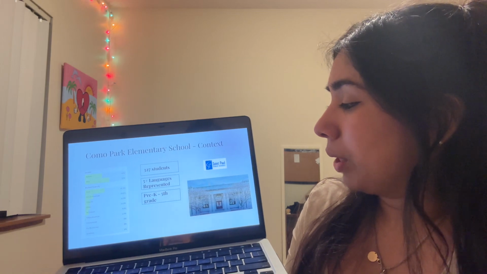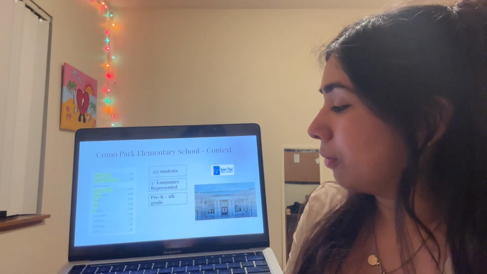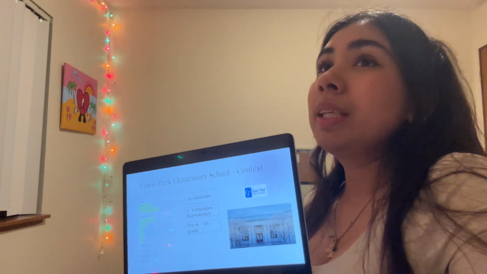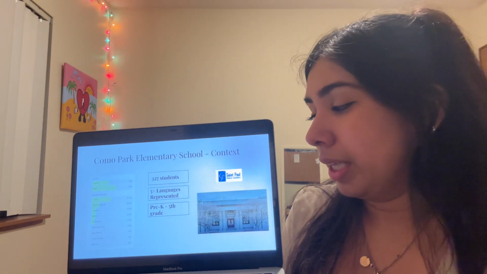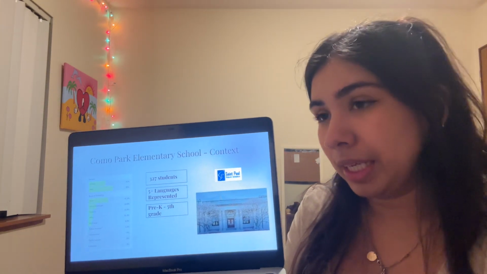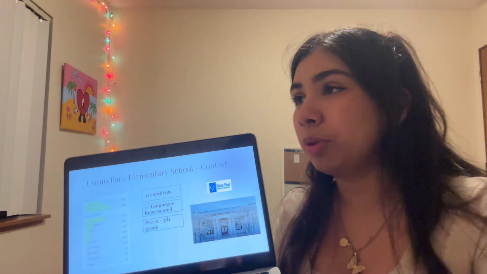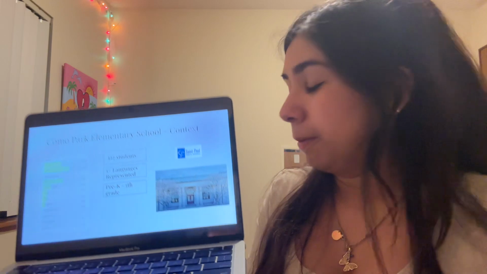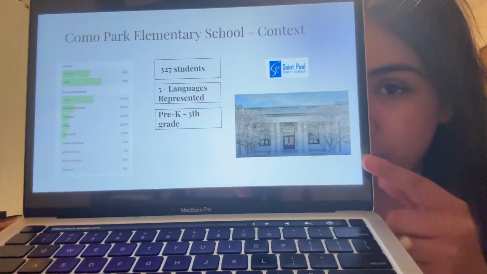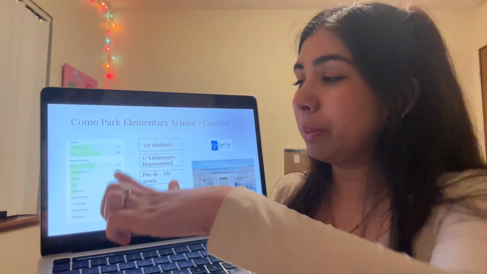Yes, and we also are a pre-K to 5th grade school, and technically there's also an early childhood center. It's just not in this building, but it is part of Como School, and there's also an online school with Como Elementary. So that is our school right here, and I'll go a little bit into the demographics of this